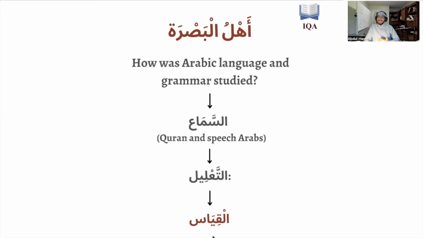And that's the third step, which is qiyas. After they've done a justification for why the Arabs say it like this and not like that, then they do qiyas, meaning they say, based on this, any word that is also like Muhammad is also going to take the dhamma ending, or the marfu' ending, if you will. So they listen to the speech, then they justify why certain things are a certain way, then finally they do qiyas.